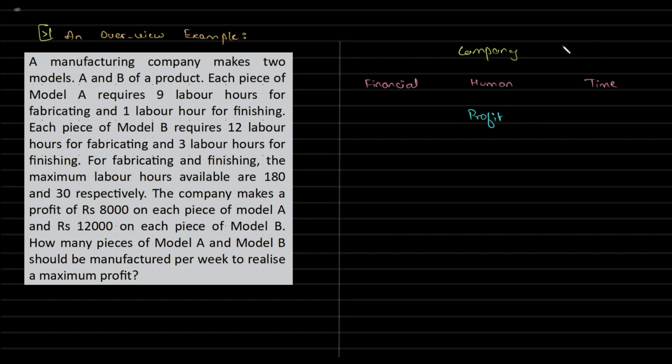The same thing can be spoken in terms of a government, right? It has financial, human, and time constraints. But in the case of government, profit is there, but more than that, benefit for the people is what they look for, and profit in some aspect. Okay, profit in terms of GDP or growth in the country's economy, things like that. So basically, if people get benefited, by default profit will automatically come into the picture. The same thing can be spoken in terms of government, NGO, individuals, so on and so forth,